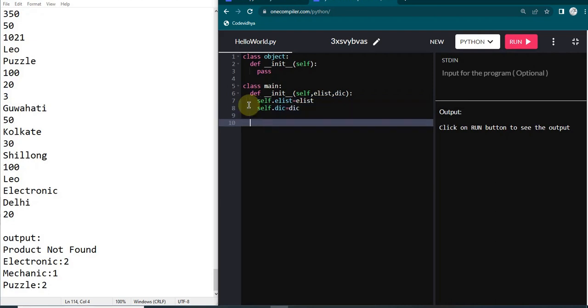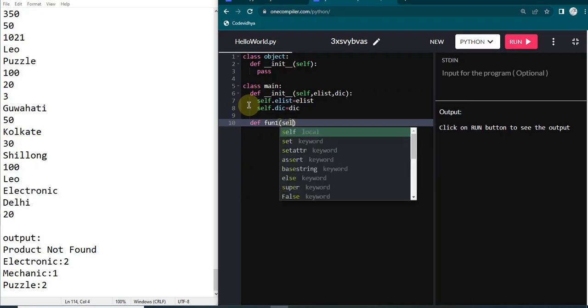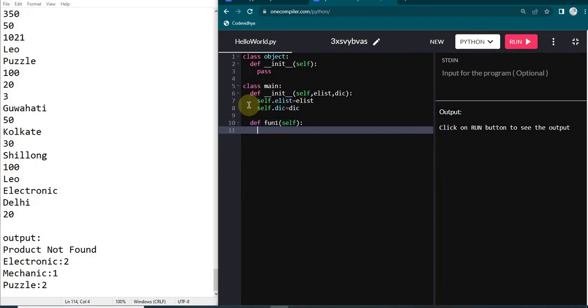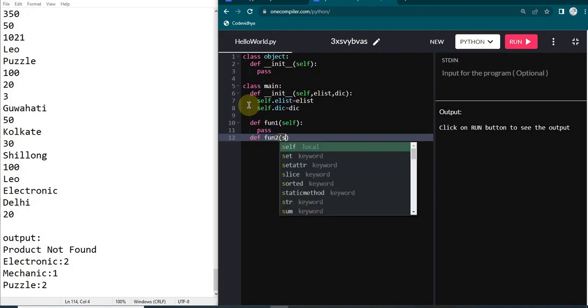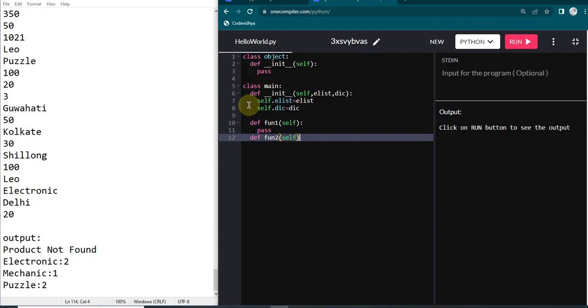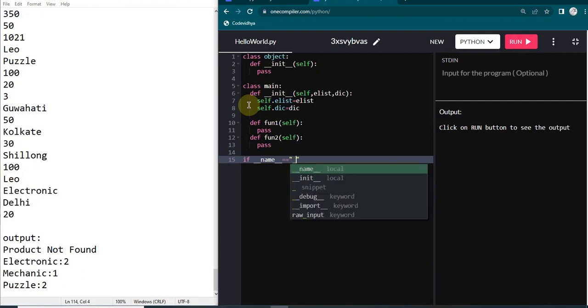Inside this, we usually define two functions, fun1 and fun2, and I usually put pass when starting the question, and I'm doing that in both, and then again pass. And let's get to the main part. So if __name__ is equal to __main__,